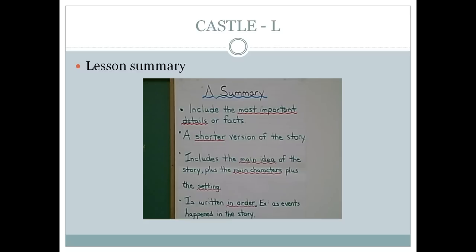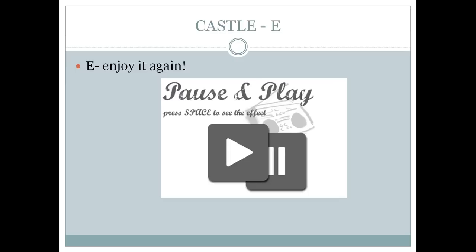The reason being is if you're able to summarize the information, you probably understood the lesson. If you're unable to summarize the information, then maybe it's time to go and enjoy the video once again. The great thing about flip videos is you'll be able to pause, rewind, and replay. So if you don't understand, or you really like today's lesson, you can stop and play it again.